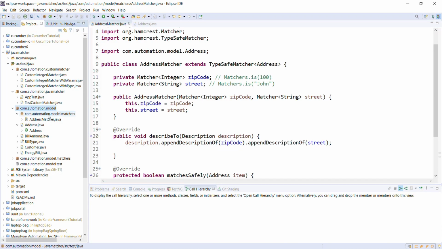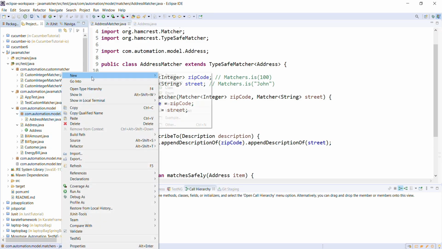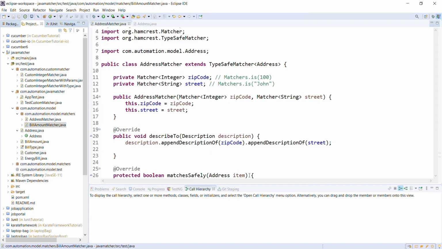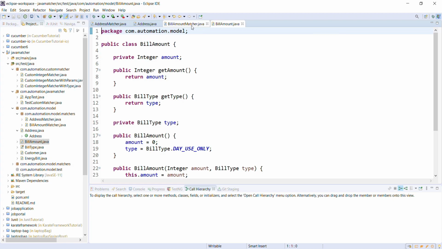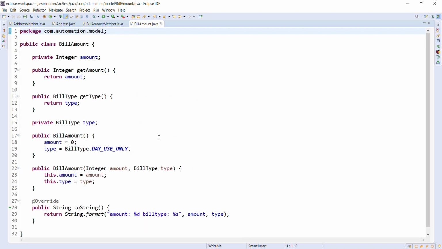In a similar manner, I will add the matcher for the bill amount. Let me open the class, BillAmount. Inside this class, again, we have two properties. One is amount, which is of integer type, and another is type, which is of BillType, and BillType is an enum.